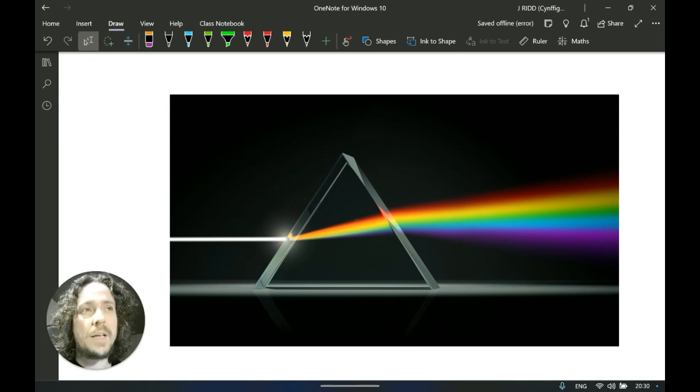This was an experiment which proved that white light was in fact comprised of lots of different colours, and it showed the different parts of the visible spectrum. And the physicist to do this, of course, was Sir Isaac Newton. And this, in many ways, is the most important experiment that's ever been done. In fact, you could say it is the experiment. All right, it's that significant.